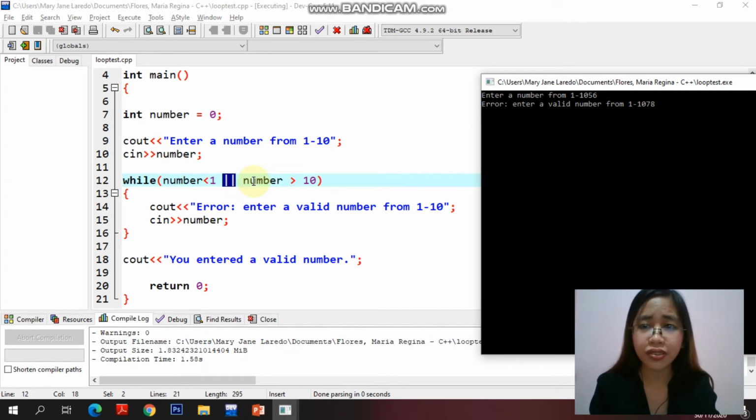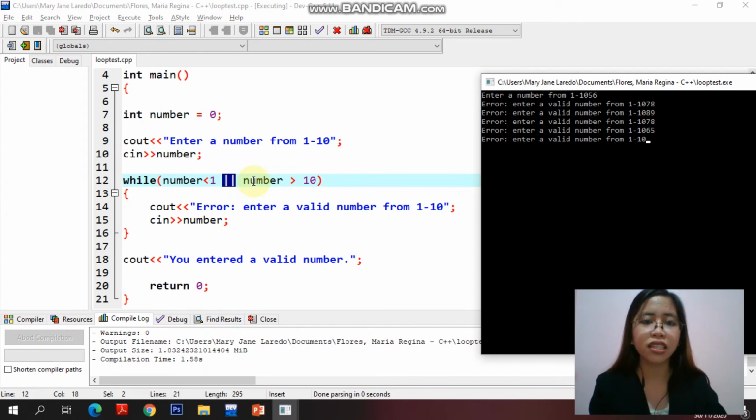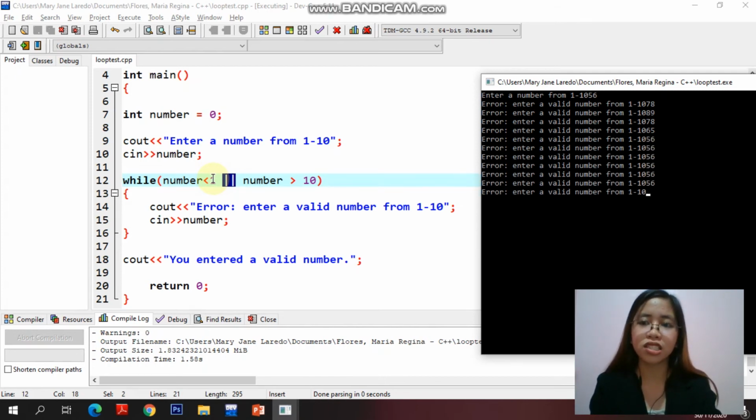So, if I entered 78, 89, 78, 65, or any number outside the range na magiging true dito sa condition natin, so paulit-ulit lang siya. No? Kahit 100 times ako mag-type dito. No? Kapag patuloy na nagiging true yung condition, nagiging true yung evaluation to sa condition, no? Paulit-ulit lang din yung looping natin.